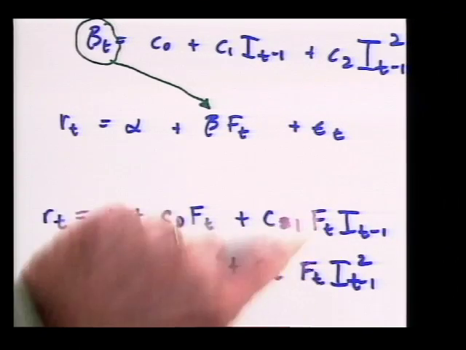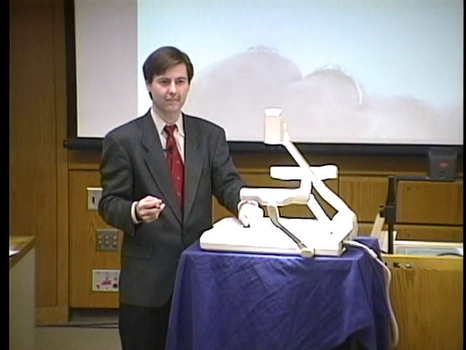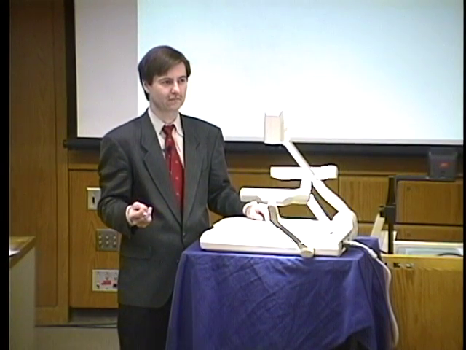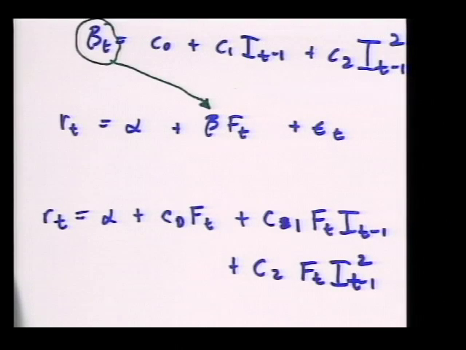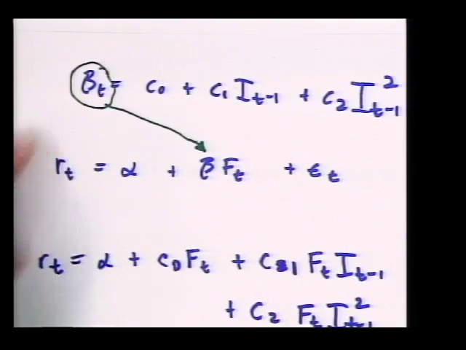Are you concerned about things like multicollinearity here? Not necessarily, because these are different variables. f_t appears in all 3, but as soon as you start multiplying it by something, it's a different variable. Okay, so this way we get these 4 coefficients,